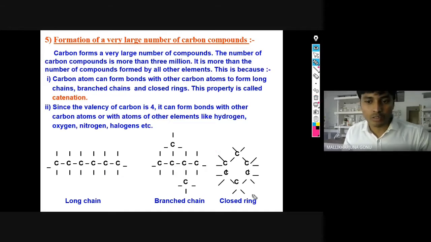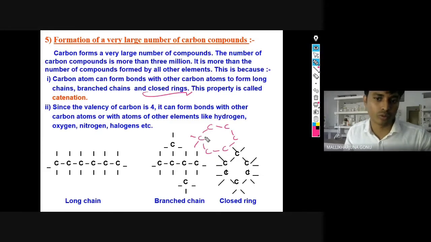And what else is formed? Closed rings are also possible. Closed means ring type of structures. Ring type means you can connect carbons, and this type of carbons can form a ring. A circle can be formed. Here there should always be 4 bonds, so you have written 1, 2, and then 4. Here hydrogens can be there, or fluorine, or chlorine, or any monovalent atom. These are the ring type of structures, closed ring structures.